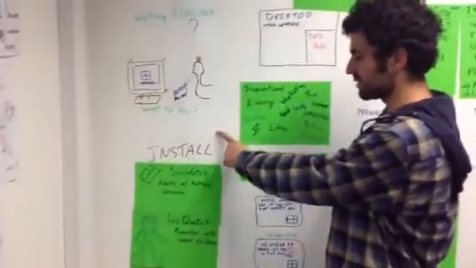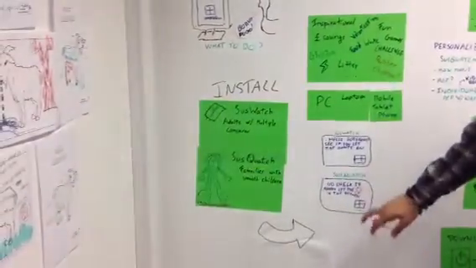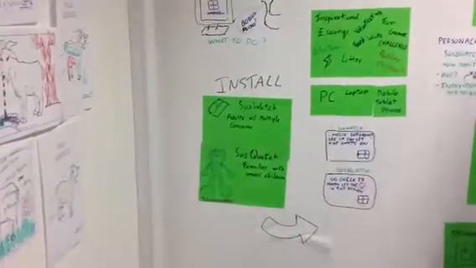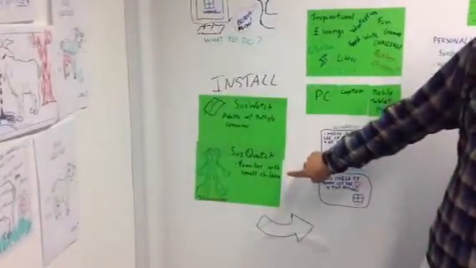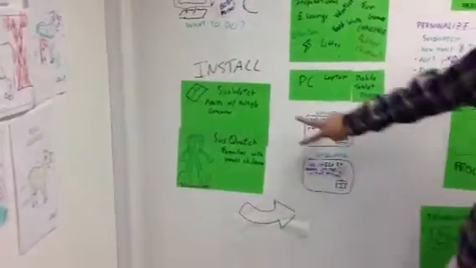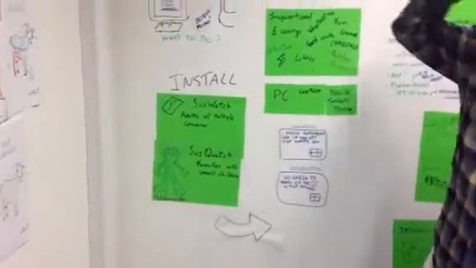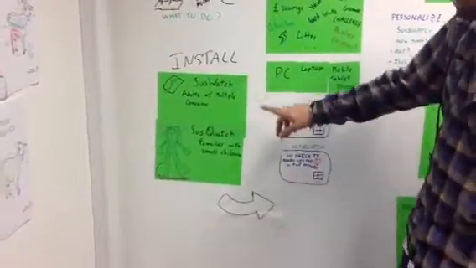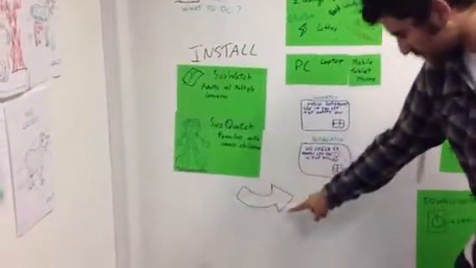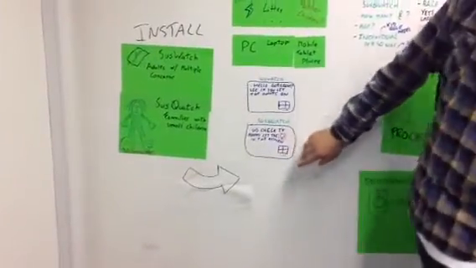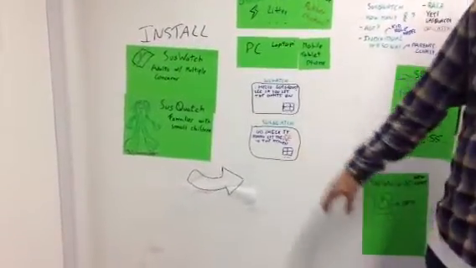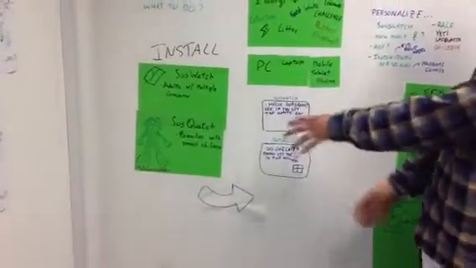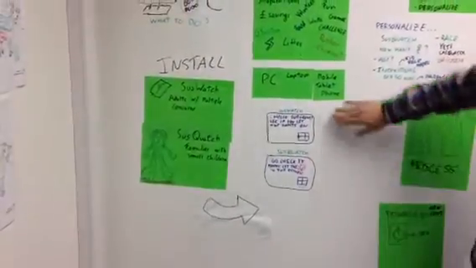We should install this app. We divided the app in two, Susquatch for adults with multiple concerns about the environment and Susquatch for families with small children. And these are our two market approaches. So how is it going to be done? The idea is while it's loading, you have the sign of Windows or Apple or whatever, and you have this pop-up, this question in the middle. So you have the Susquatch approach.